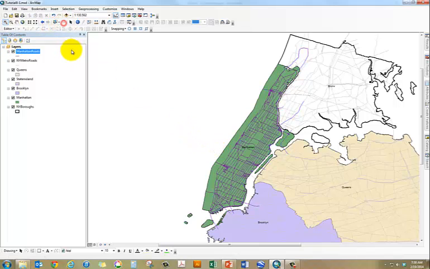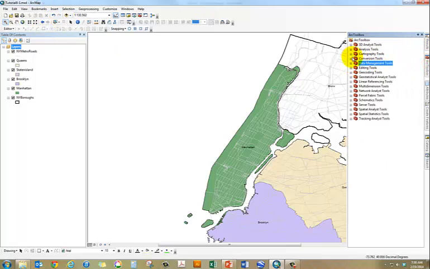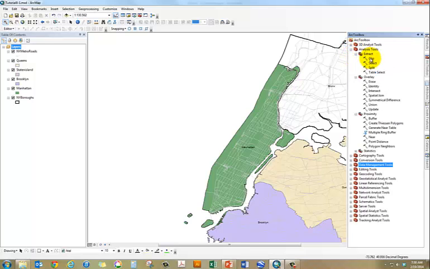So let's clear the selection and see how that's looking. If I'm creating a map for Manhattan, that's not a pretty good feature layer I want to use. So I'm gonna remove that. I'm gonna use my clip tool, which is available to me under extract